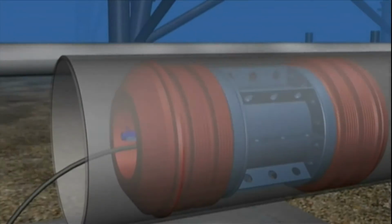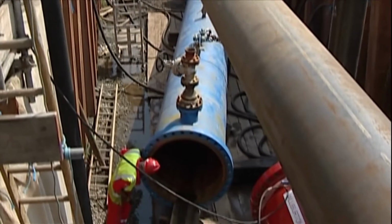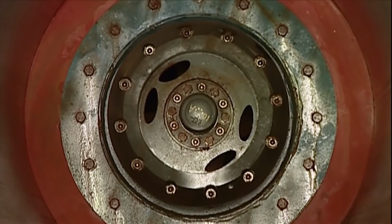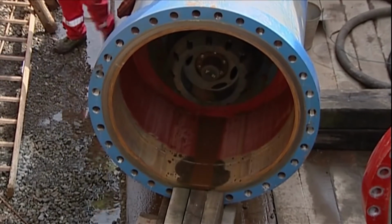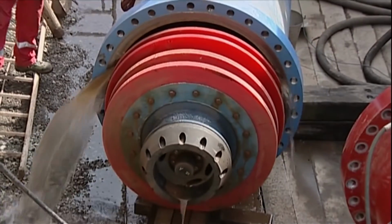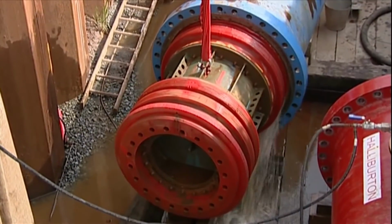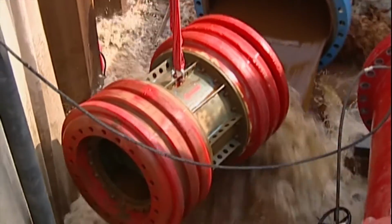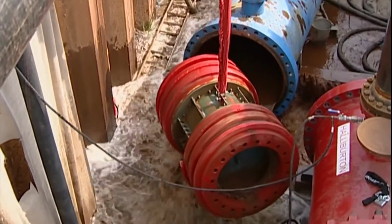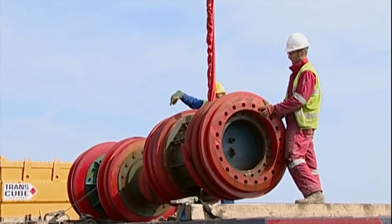This is done with the pipeline internal gauges, also known as the PIG. It makes the epic journey through the entire pipeline, looking for weak spots and breaks. It also scrubs out the crud and salt water. Once in Easington, it emerges and the data is analyzed. The pipe passes inspection, and the team moves on to the next phase, which is getting the pipe onto land